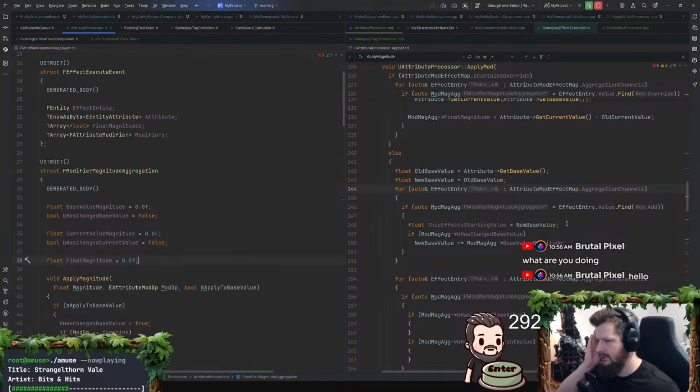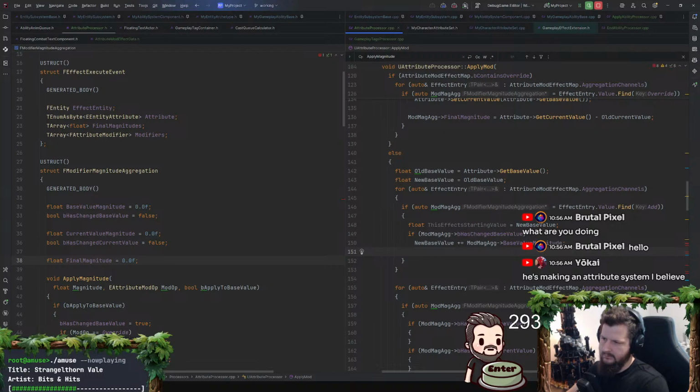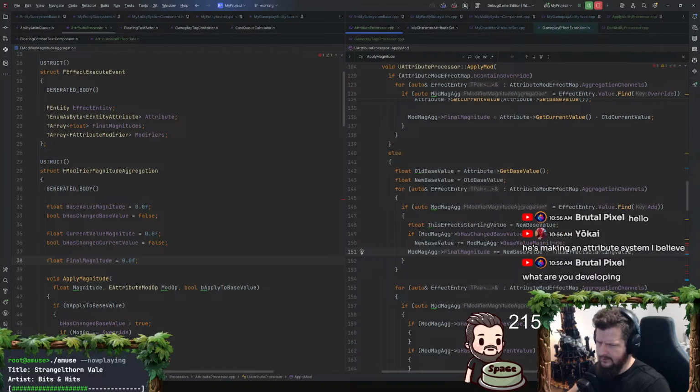Okay, so then we're gonna go mod mag ag final magnitude. We need to increment this by... this affects starting value, or is it that? This affects starting value, new base value.